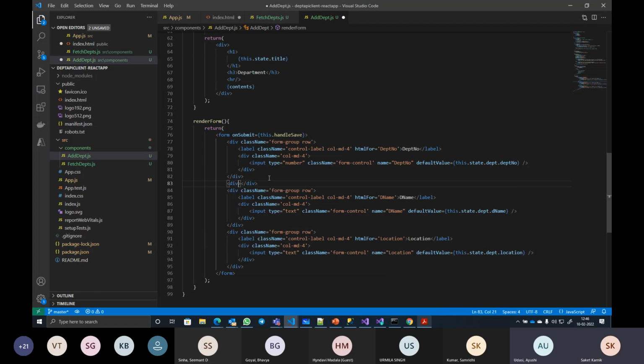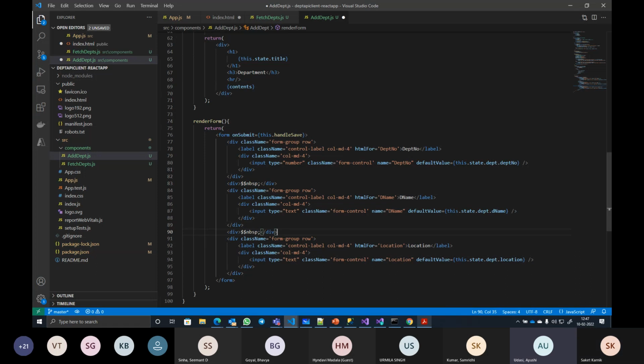To make this div occupy some space, I'll add a non-breaking space. Same thing I'll do here, and after this div as well.